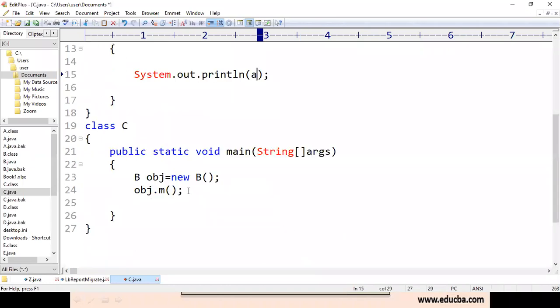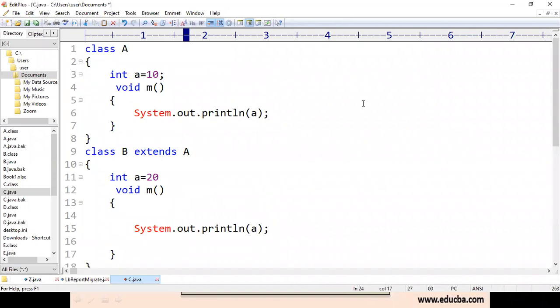I have defined two classes, class A and class B, where class B is inherited from A. You can see I have written class B extends A, which means I have inherited the properties of class A into class B. And there is one more class called C.